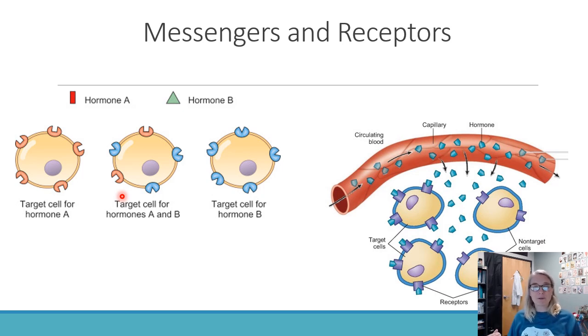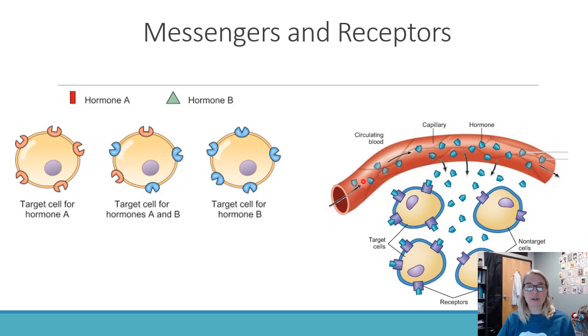All of our cells have different kinds of receptors programmed for the type of cell they are. So if you are a liver cell, you will most likely have receptors for insulin and glucagon because you're the sugar storage, and insulin and glucagon regulate blood glucose levels. Bone cells, you're going to have receptors for PTH and calcitonin because your bones are the storage bank for calcium, and you have to be able to listen to the messages that our bodies are sending to tell us about our calcium levels.